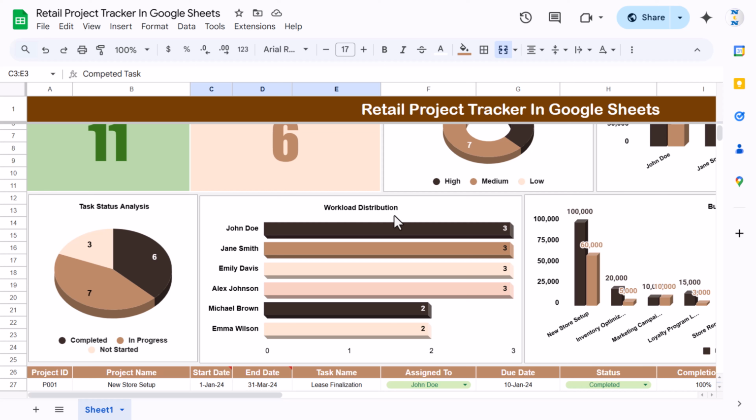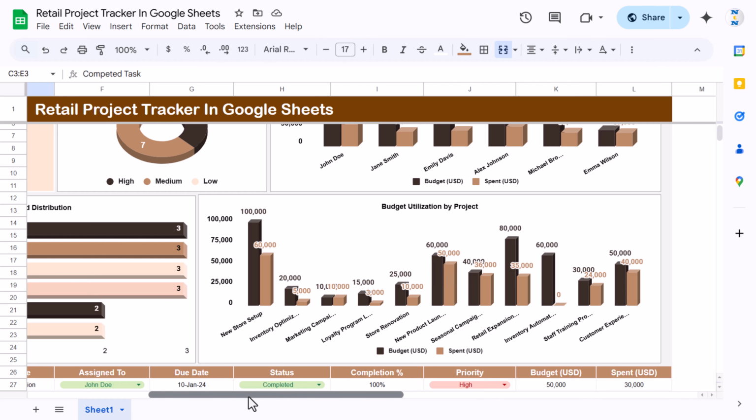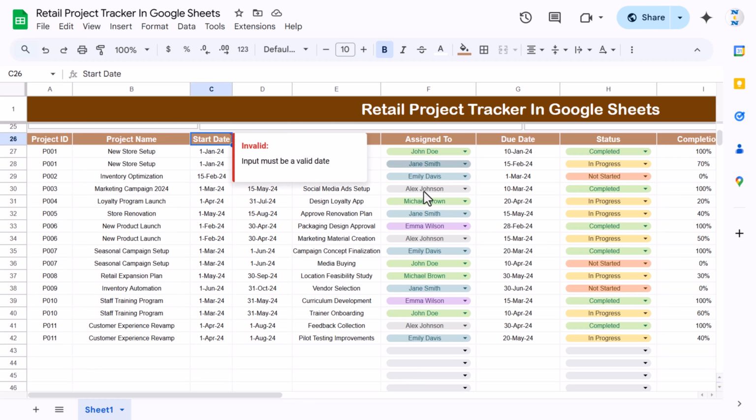This is the workload distribution. Here we are taking the assigned to name and how many tasks are assigned, and this is the budget utilization by the projects. Here we have the different projects and we can see how much budget was allocated and how much has been spent. Then this is the data wherein we are taking the project ID, project name, start date,